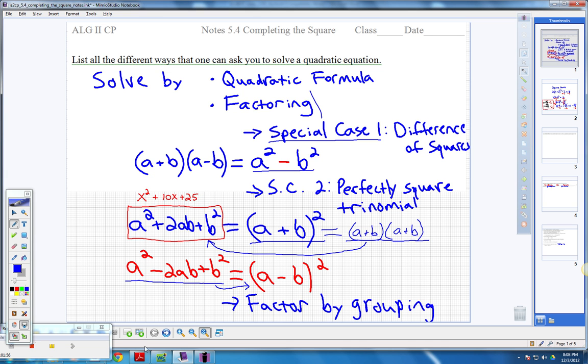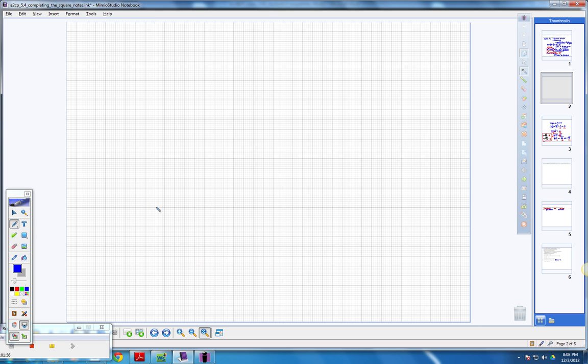I did an example on the board today for factor by grouping, where we started with, I'm going to go ahead and show you this. We started with 12x squared plus 10x minus 12. So when we start with a trinomial such as this, we can see that the three terms all share something in common. So I can make it just a little bit easier on myself by factoring the common factor out of all of those. Of course, if we were to break all of this down, we would see that the common factor